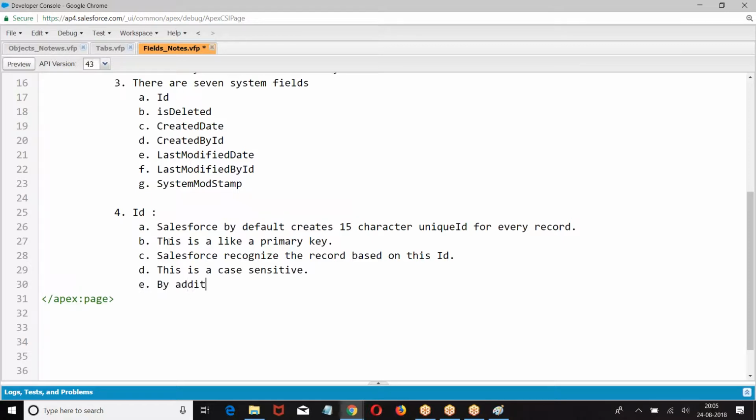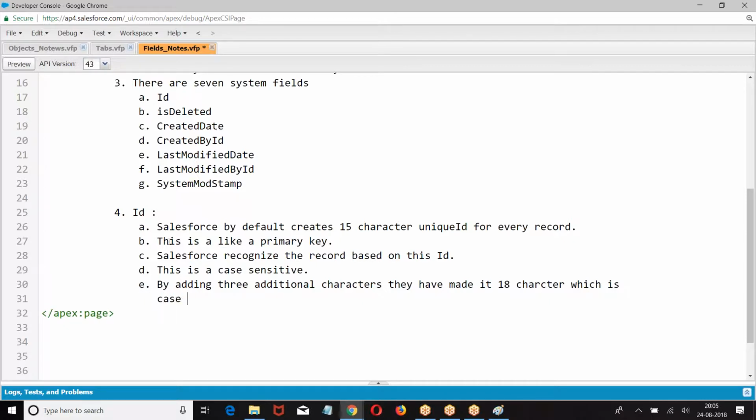By adding 3 additional characters, they have made it 18 characters, which is case insensitive.